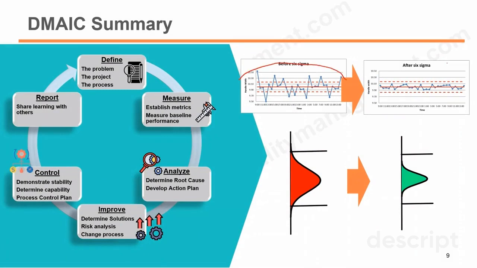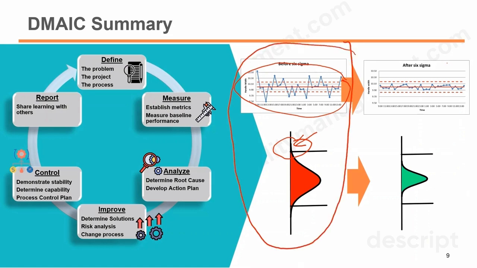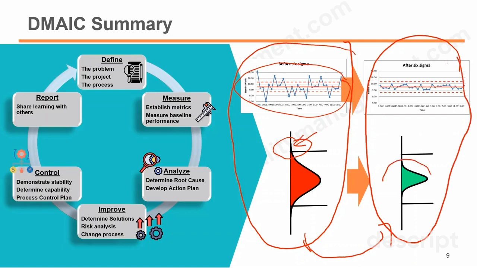Variation exists in all processes. Variation costs money, as you could have a lot of rejects in this area. Monitoring and controlling variations are the key to success in a manufacturing process. Six Sigma will help you to reduce variations from here to a desired process of less variations in here through its step-by-step approach, from the define phase of